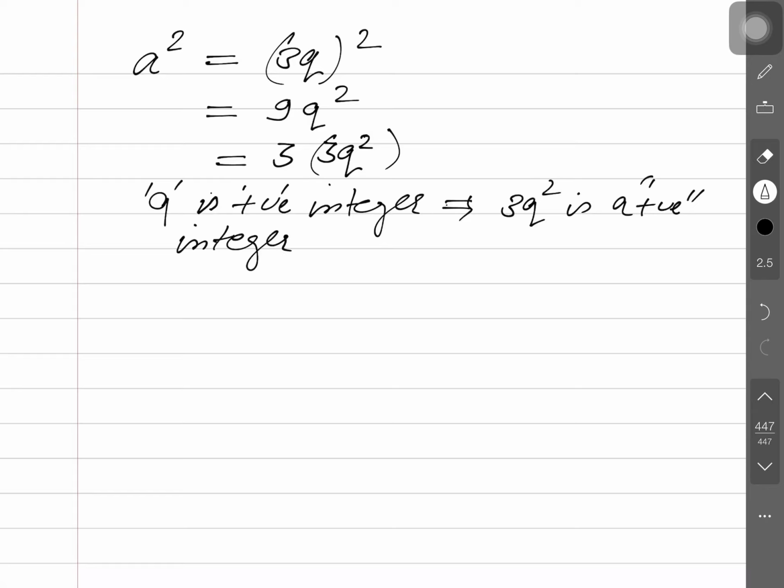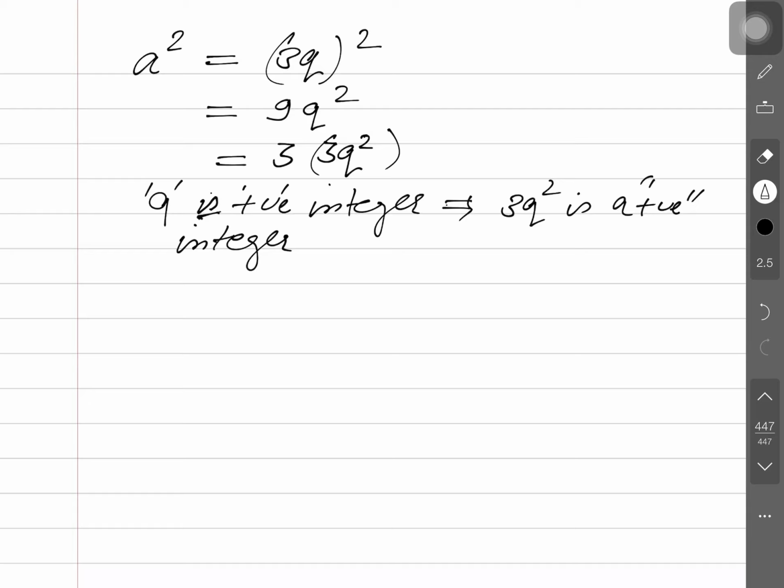When I was in 10th class, I just could not imagine why we write 3q squared, because I also studied this concept, and I saw this type of concept again when I was studying mathematics in graduation. This is part of real analysis. This is difficult because a student does not get an ultimate answer while solving and cannot see the answer at the back of the textbook. So this is the problem with this type of topic, right?